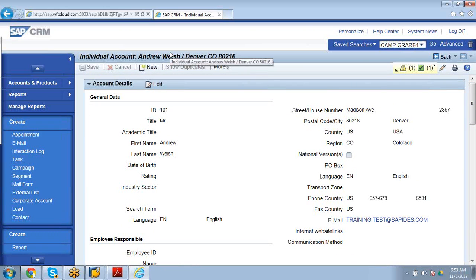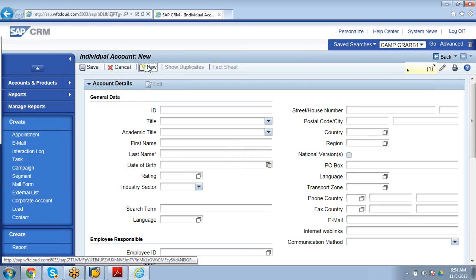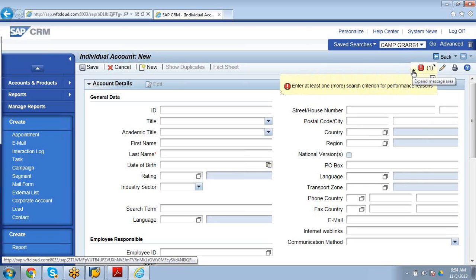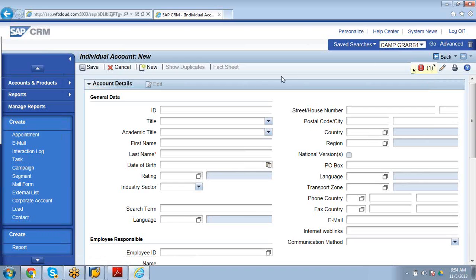To create a new account, click on new. Individual account or person.